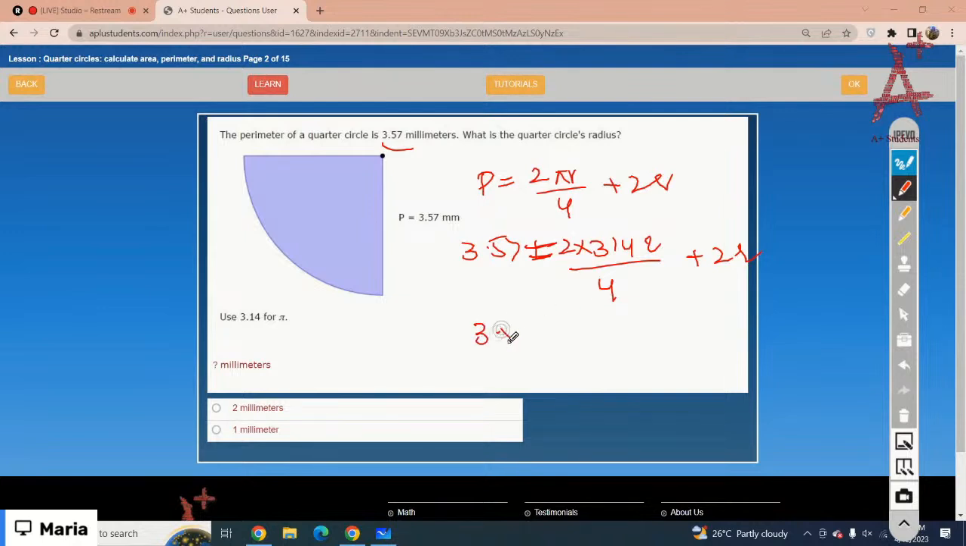So it would be 3.57 multiplied by 4. Move that 4 to the other side. It would be 2 times 3.14 is 6.28 r plus 2 r. It would be 8.28 r when you add them. Got it? Now just multiply 3.57 times 4 and divide it by the